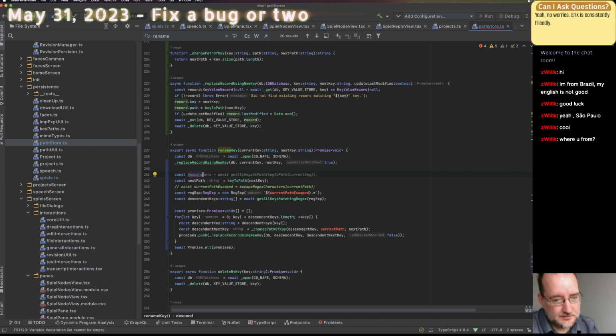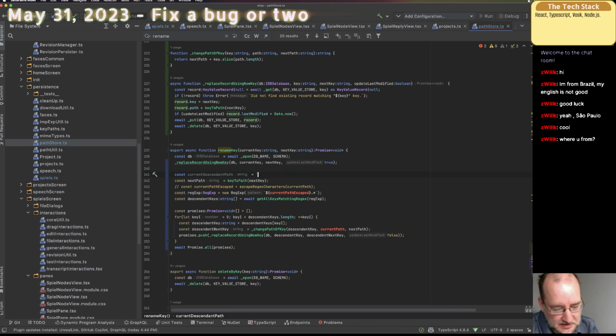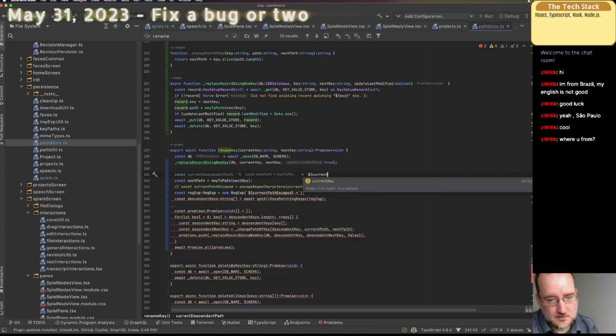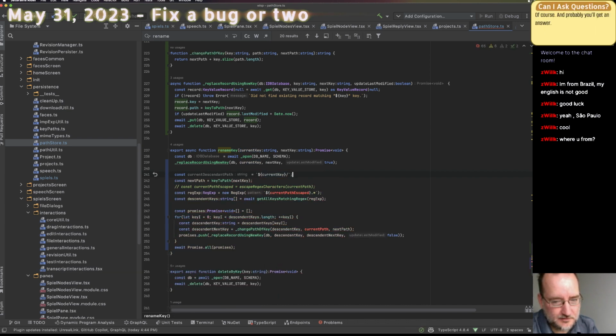Descendant. It's descendant, not int. Descendant path equals, and then it's just going to be, okay, current descendant path equals, and it's going to be just current key with a path separator at the end.